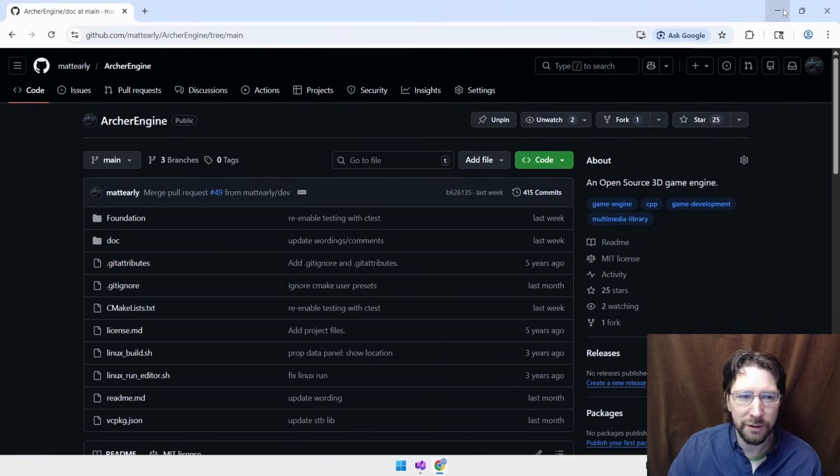Actually, I've probably talked about it in the past if you look at the old videos of how to use this. But there were some things I glazed over. You could get the engine running, but if you actually want to use it as your own library, because this is intended to be used as a library for your own project, so you make your own project and then you link ArcherEngine. That's what you're supposed to do.